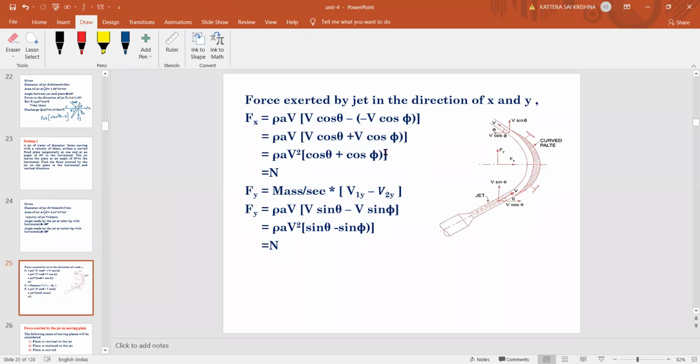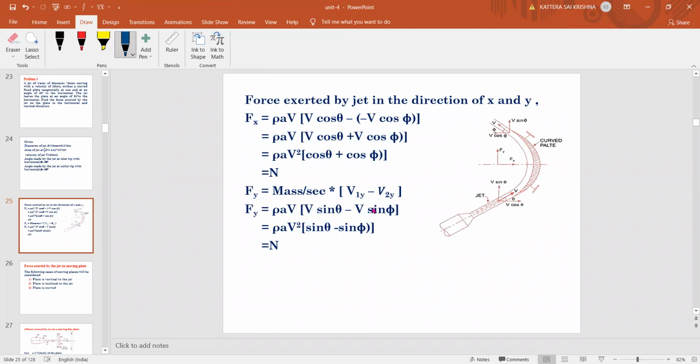Remember that. Right. So now, if you don't know the formulas directly, what you'll do again, same thing, how I have shown in the previous problem, in that way you need to solve. Roughly I will show at the bottom. If you know this diagram, it is very easy to solve. You have no need of remembering any formulas. So first, roughly you can draw a curved plate, and you know that the jet will be coming at the tip like this. Assume this is the velocity coming from the jet, which will always be v, and he has given the angle with respect to horizontal as theta.